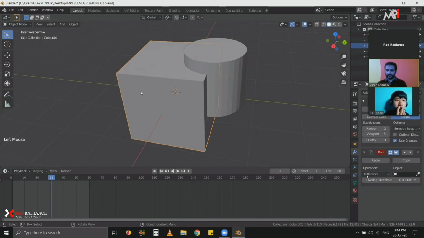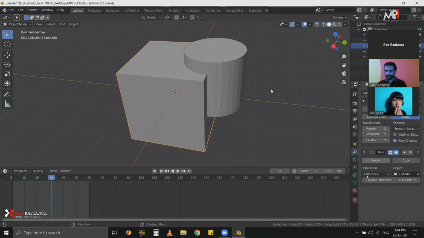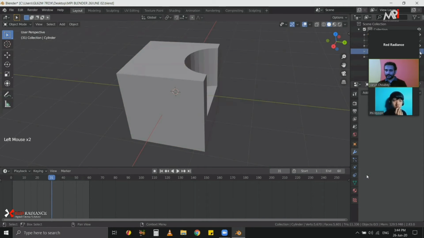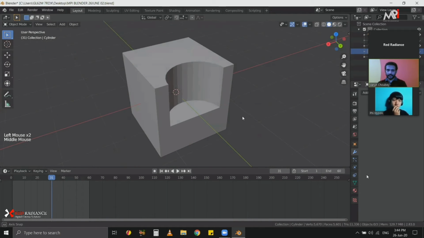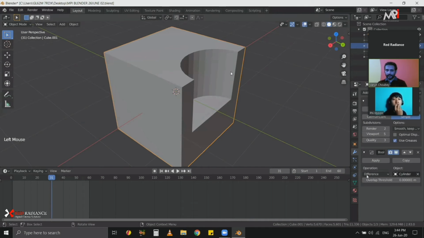So I will go to the cube, and the object to effect will be the cylinder. Okay, now I have cylinder, and I have to hide it. Now what it does is, it reduced the part that was inside the cube, and that was because of the operation, okay,